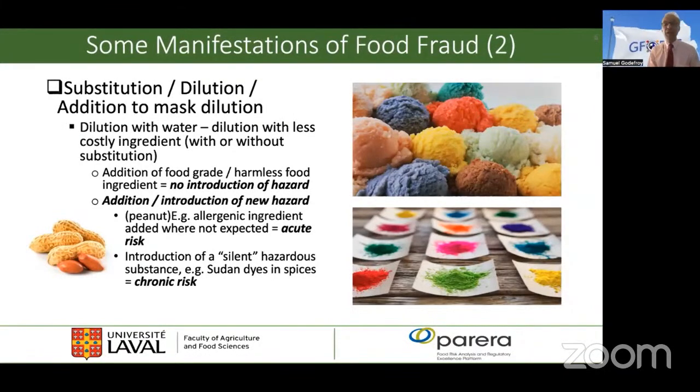the shell as well. Now, there are situations where the public health impact may be considered as silent because the substance that was introduced as a result of this substitution, for example, the introduction of industrial dyes in order to mask the dilution of spices, this introduction may lead to a chronic risk simply because these substances, for example, may be carcinogenic, and at the level that they were introduced, they are not of a nature that would cause an